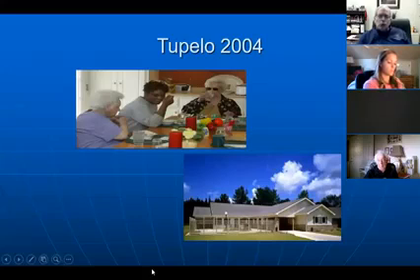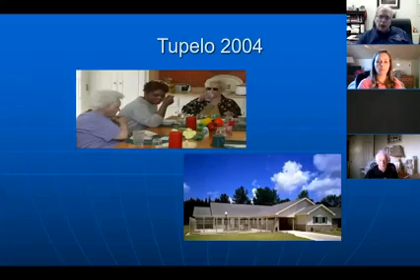Just some shots from Tupelo when I went there to look at the first greenhouses. You can see a very residential model. Our patios are in the back, none in the front, in terms of how this one was organized. One of the things you see there in the top picture is the Shabazz, the lady in the middle. She not only cooks the food for the elders in that house, but she eats with them and stimulates the conversation around the table and assists people who need it. The lady in sunglasses was somebody I met while I was there. She is legally blind, but she told me what a beautiful room she had, and she showed me all of the niceties in her room and all her personal possessions.